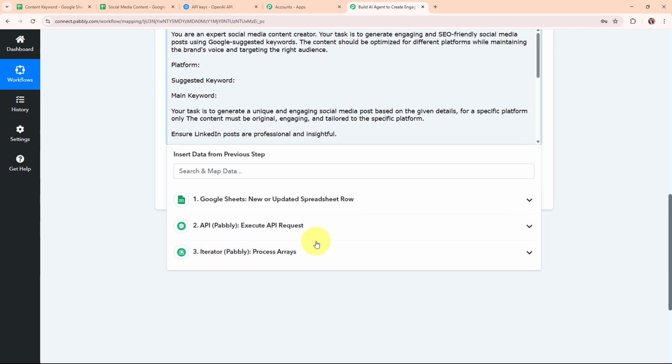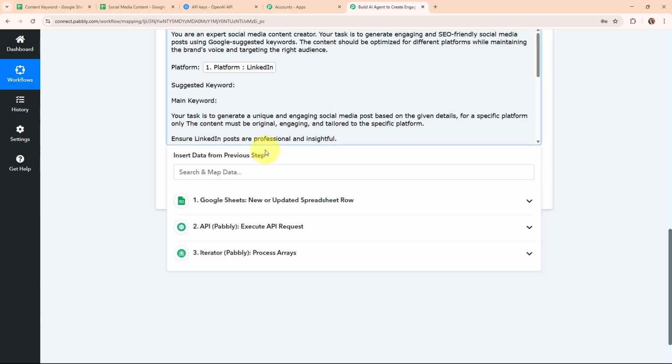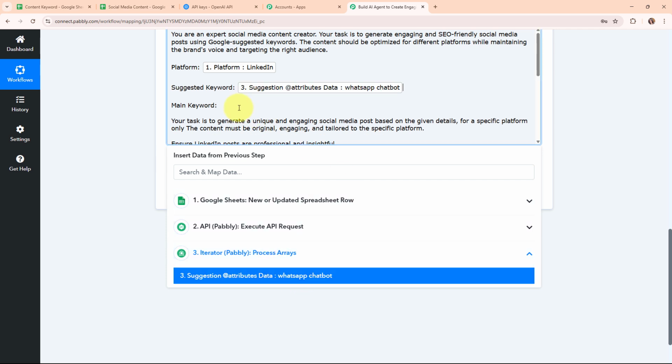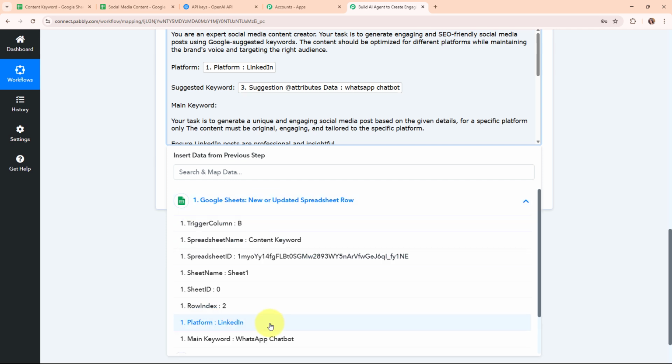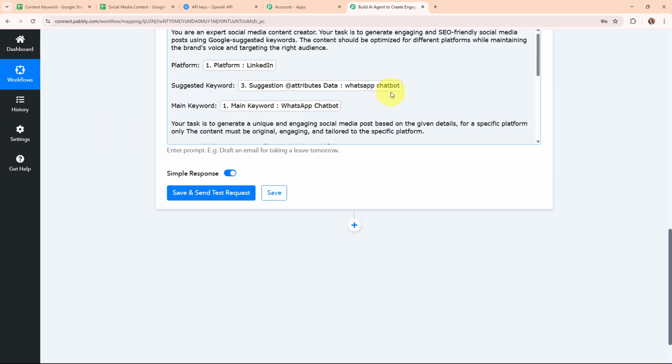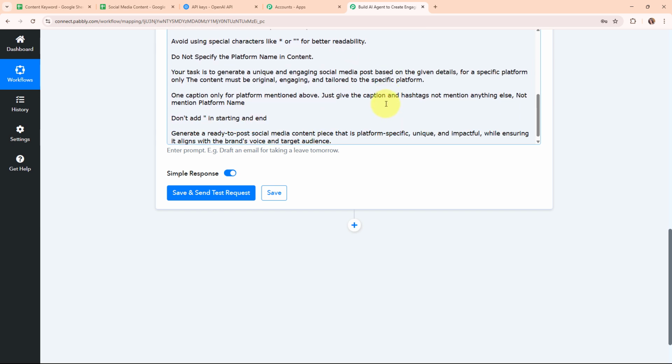So for the platform, I'm going to select the platform that I've selected in my Google Sheets. And for the suggested keyword, I'm going to map the suggested keyword that I've received from API by Pabbly. That means a separate keyword that I've received in my iterative response. And for the main keyword, I'm going to map the main keyword that I've entered in my Google Sheets, scrolling a little down. And also you can see the instructions that I've added for AI to generate a relevant